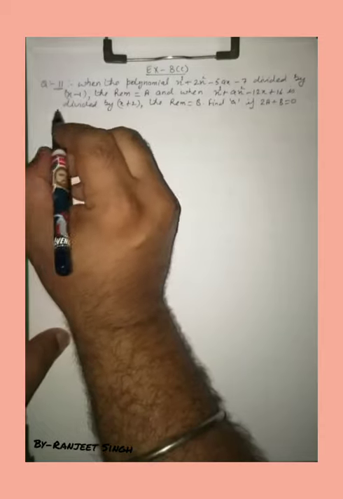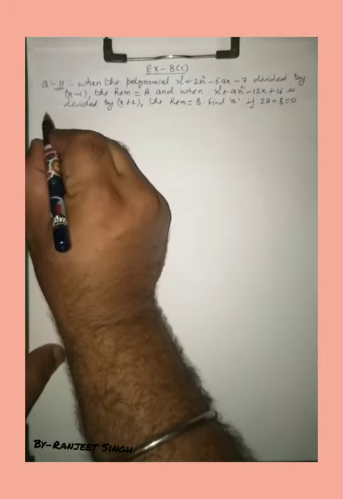We have to find the value of a if one condition is given: 2a plus b is equal to 0. So for this we will find a and b first, and then we will use those values in the given condition. So proceeding to the solution part now,